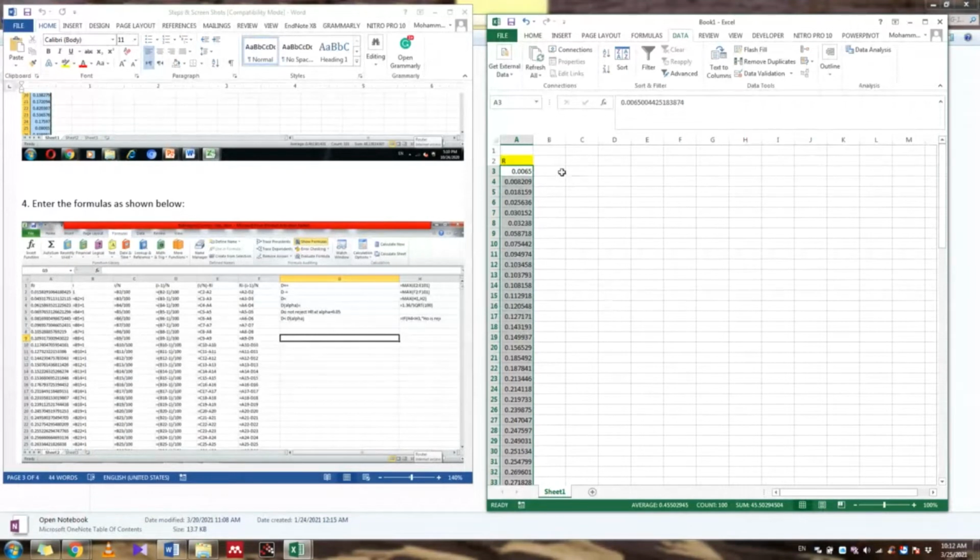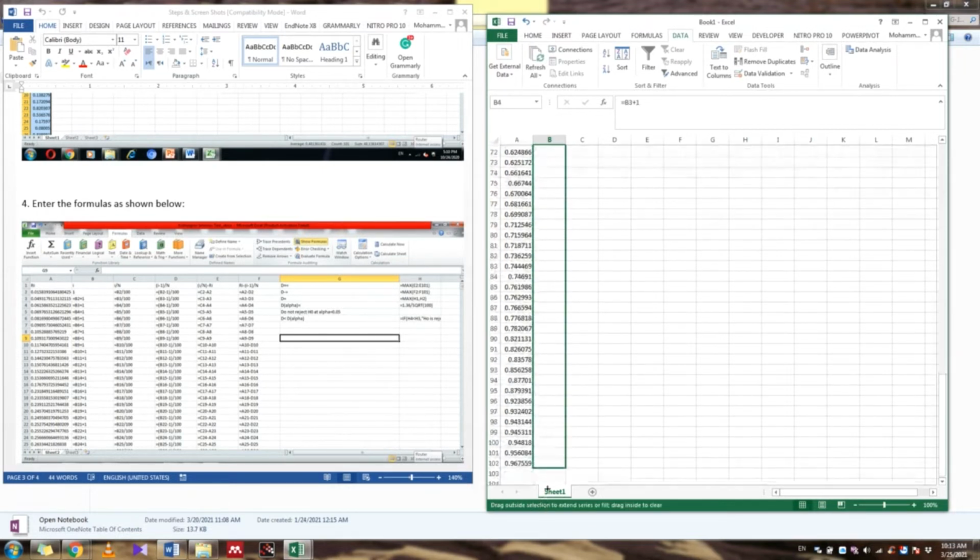After that, write i. The formula is: here 1, here equal to this plus 1, then drag and drop.